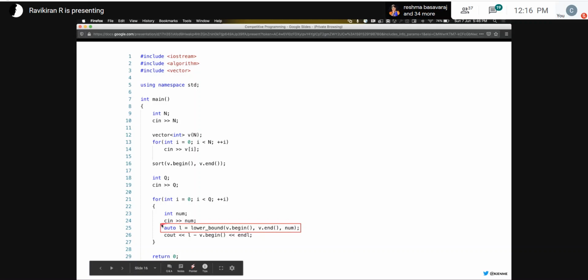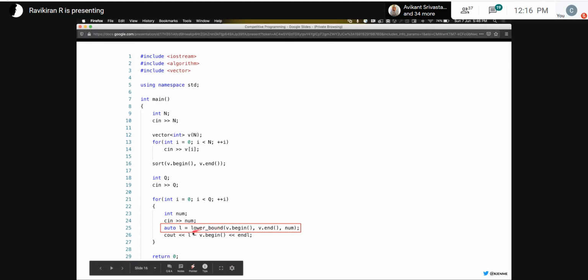I've used the auto keyword here. Otherwise, it's a long string of type iterator. You can just use auto anywhere to make it simpler. C++ will figure out what type to use here. So begin and end actually return pointers to the start and end of the array. In our case, lower_bound also returns a pointer to where the element is found. So once the pointer is found, to find what position it is at, you'll have to subtract begin from it.